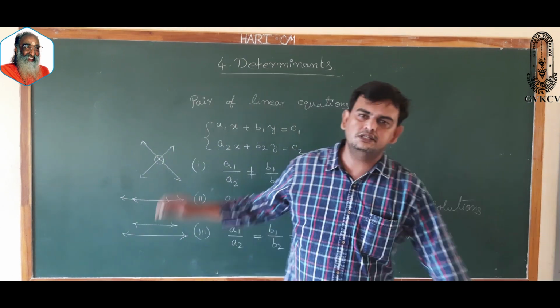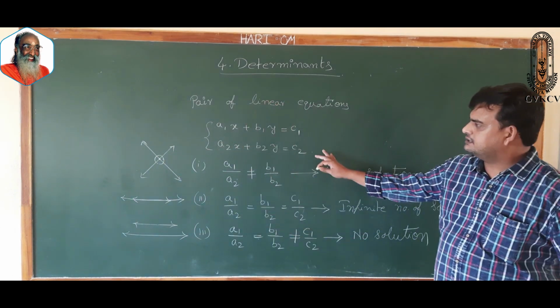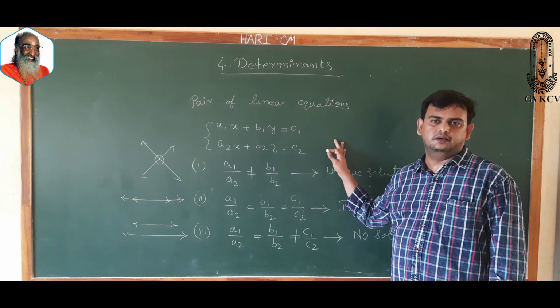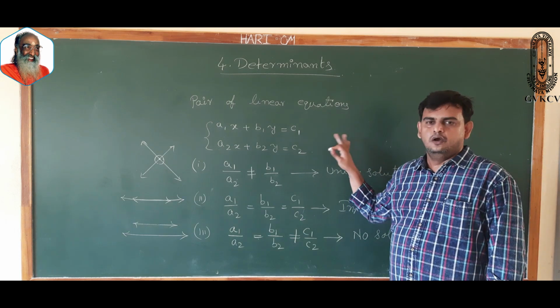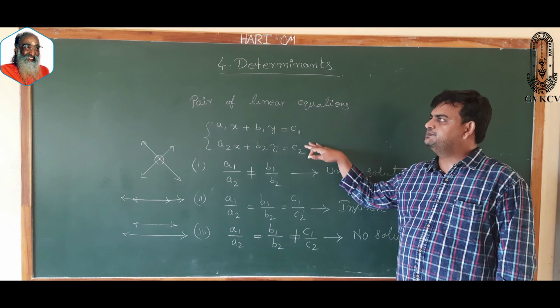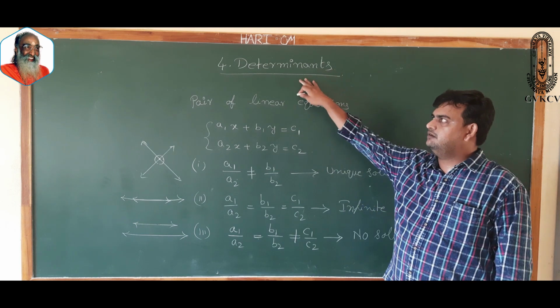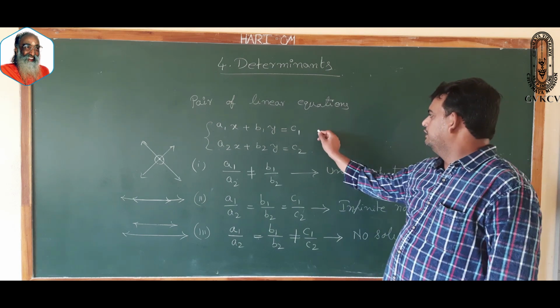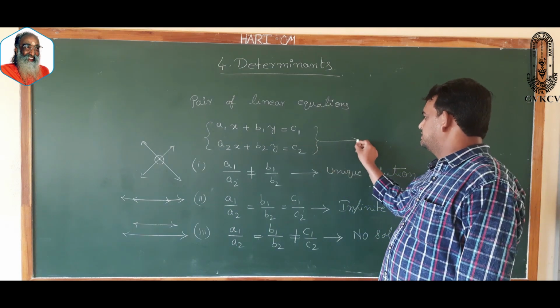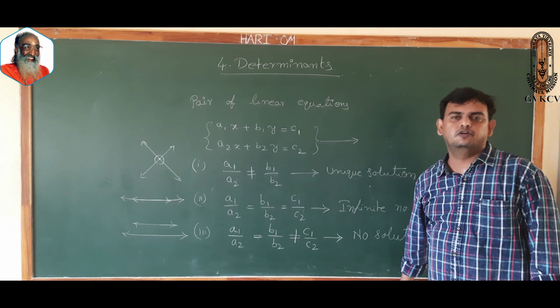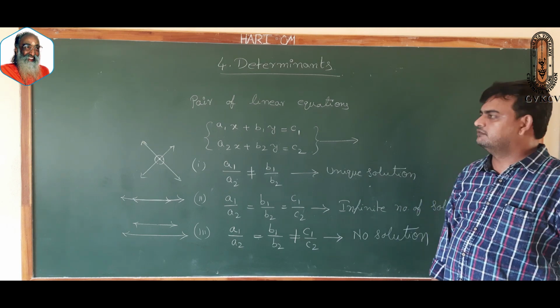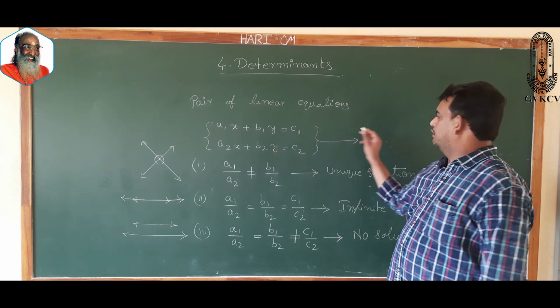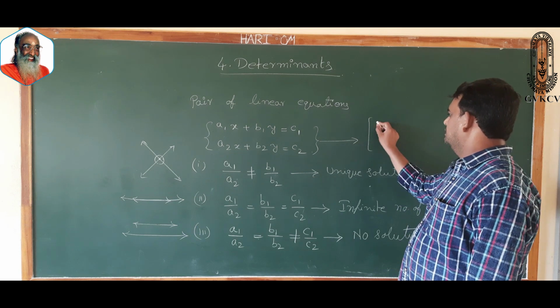Why are we recalling this concept? All these concepts are from your class 10. What is the relation between these pairs of linear equations and our present concept, determinants? Let me explain. These linear equations can be converted into the form of matrices. How to convert, sir? Here, the coefficients a1